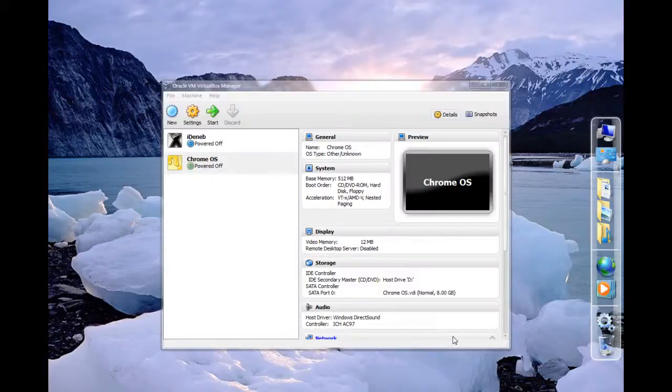Hello YouTube, today I'm going to show you a tutorial of how to create a new virtual machine in the Oracle VM VirtualBox Manager. Now what this does is you can run another operating system inside your host operating system. My host operating system is Windows 7